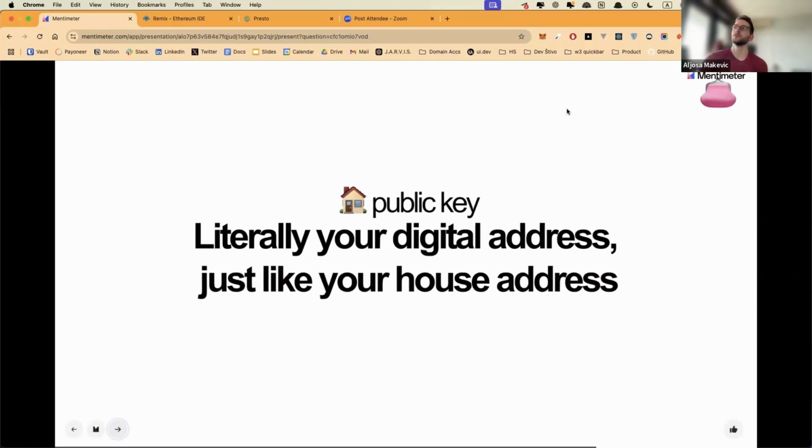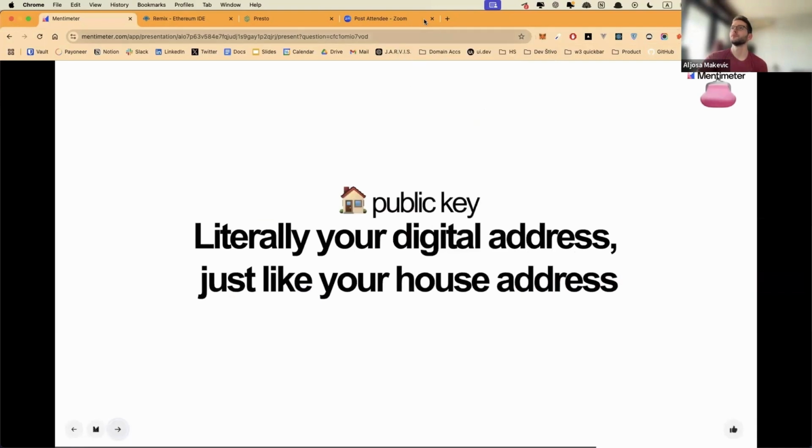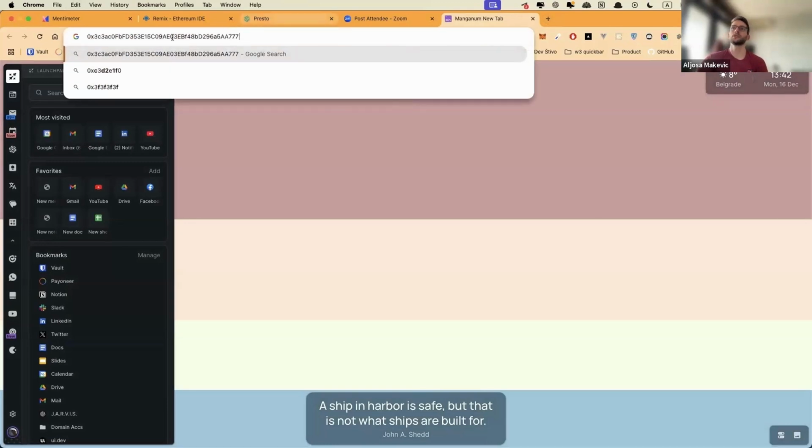It looks kind of ugly right now. I'll show you. So on Ethereum, I can open a page. I don't know if you can see. On Ethereum, each wallet address starts with a 0x, and then it has a bunch of letters, numbers, and stuff. This is a hash, basically. So this is my public key.